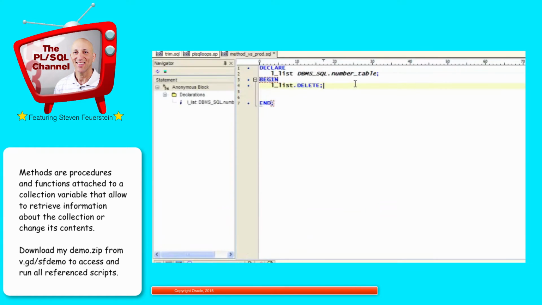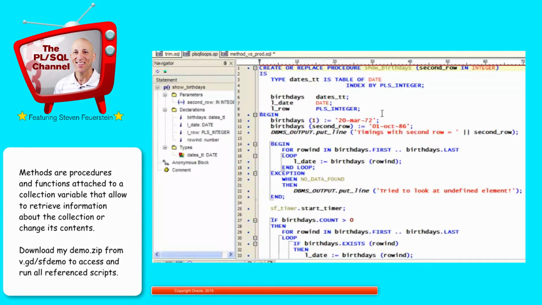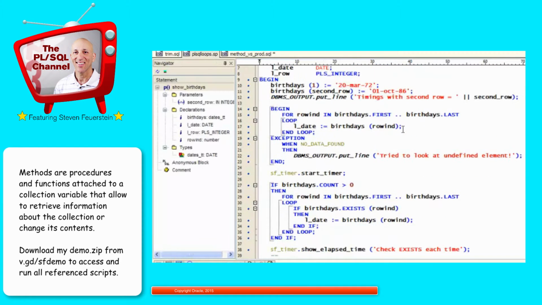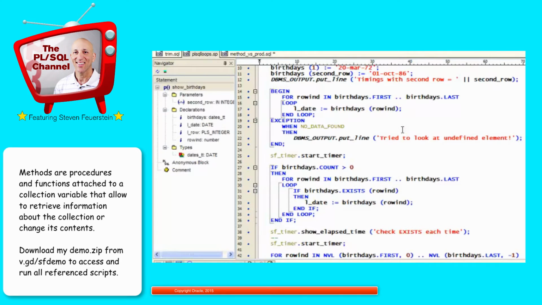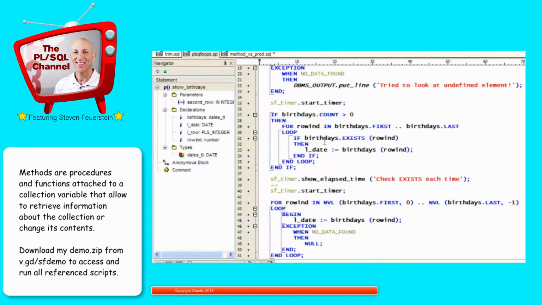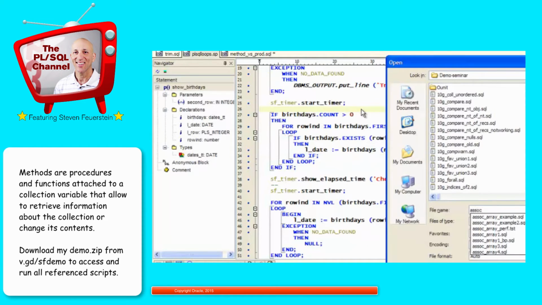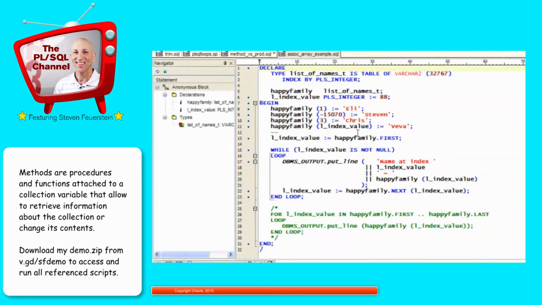Now we're going to spend a fair amount of time with the PL/SQL loops file looking at various ways that you can iterate through collections. But here's an example of the use of exists. I'm going from the first defined row, we're about to take a look at these methods as well, to the last. And before I try to access that variable or the element in that collection, I'm going to ask, does it exist? Now let's take a look at another file just to demonstrate what happens if you try to touch a row that does not exist